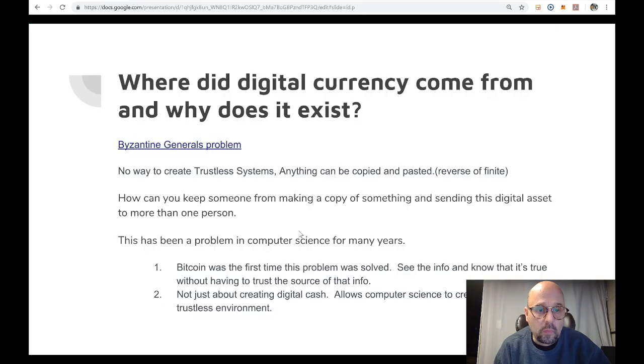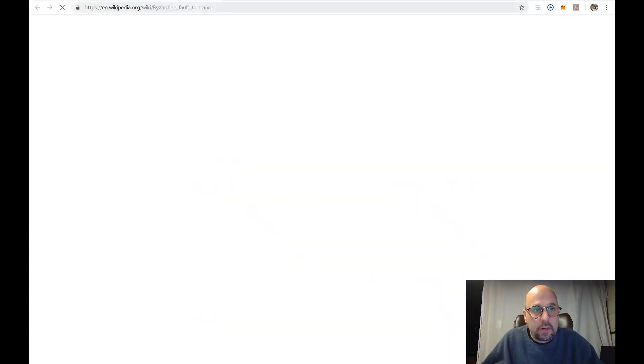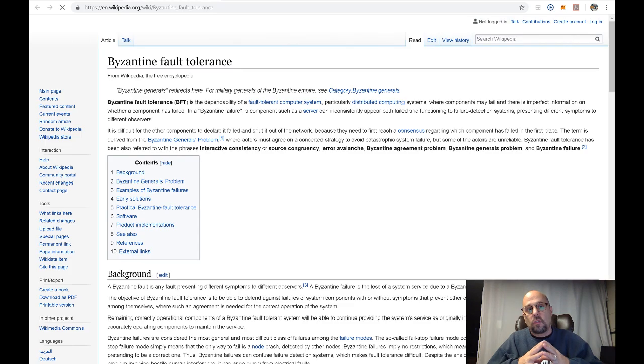All right, so where do digital currencies actually come from and why do they exist? As we said before, there's this Byzantine generals problem. I think it was about 1983 when this paper came to fruition, and it was called the Byzantine Generals Problem. If we click this little link here, it'll open up in Wikipedia and talk about this. So when we think about the Byzantine generals problem, in essence what this represents is